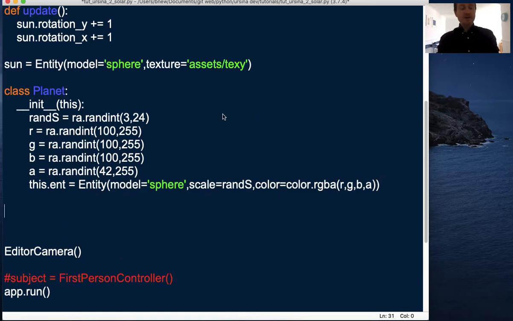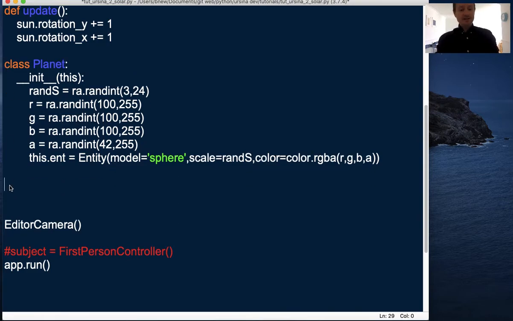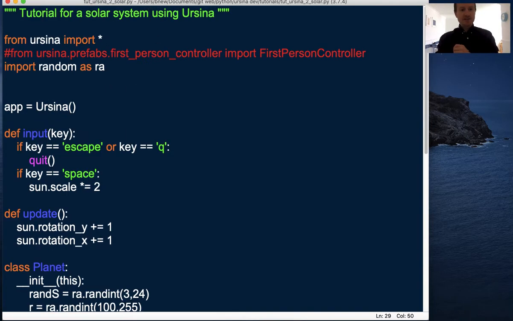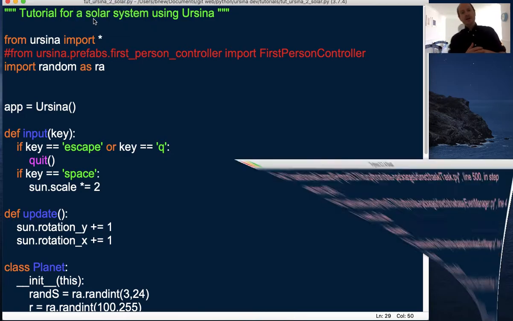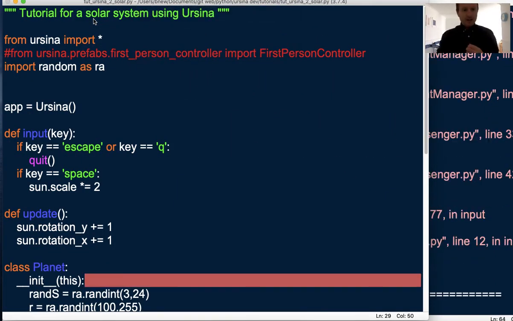So far, although we've written our class for our planet, we don't actually instantiate any 3D objects there, so we won't see any planets yet. We will see the sun. Let's just see if I haven't broken anything, because we've actually asked